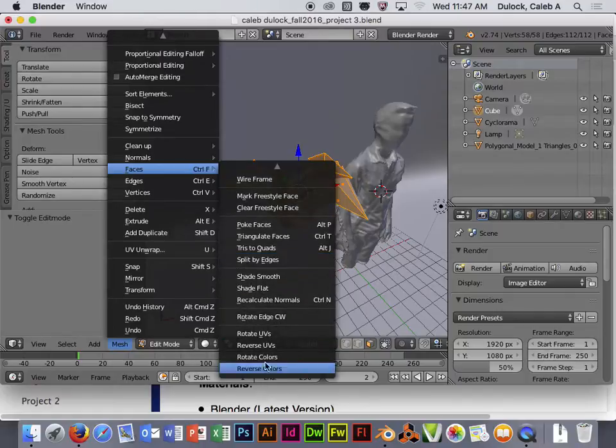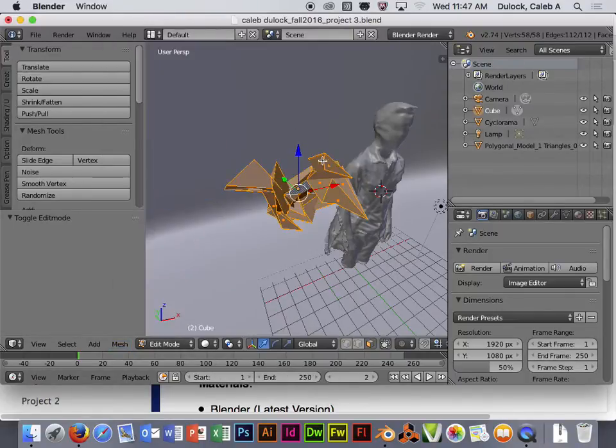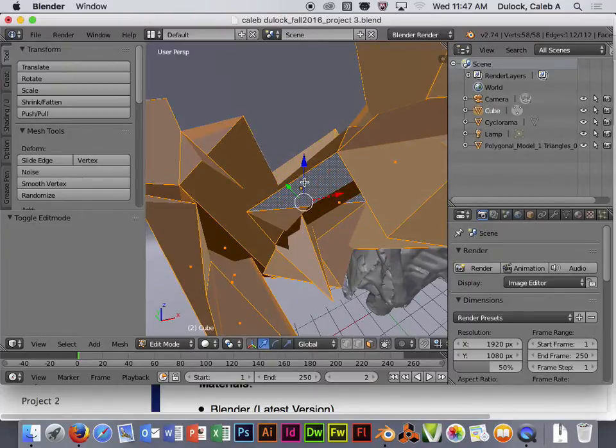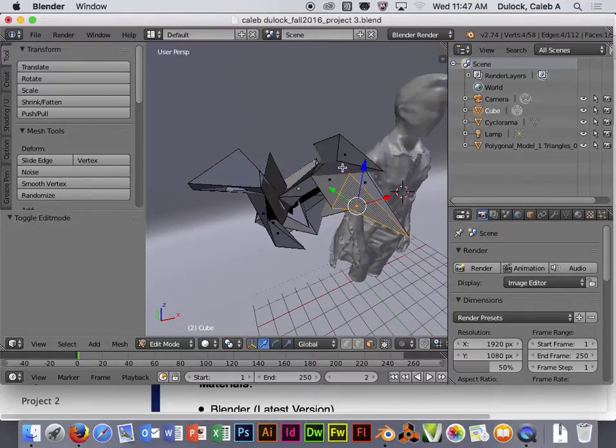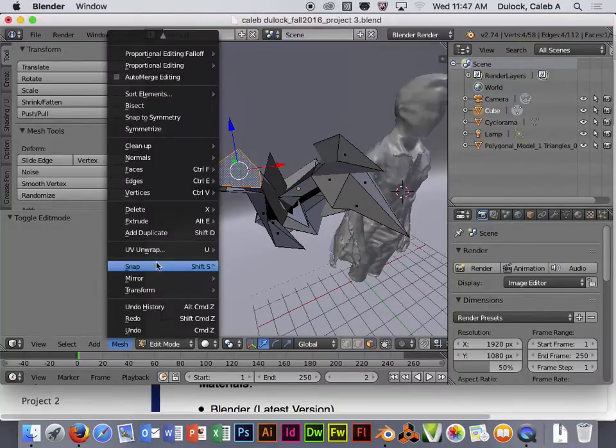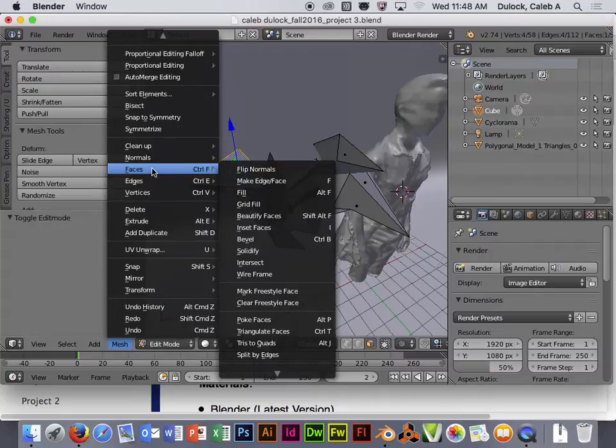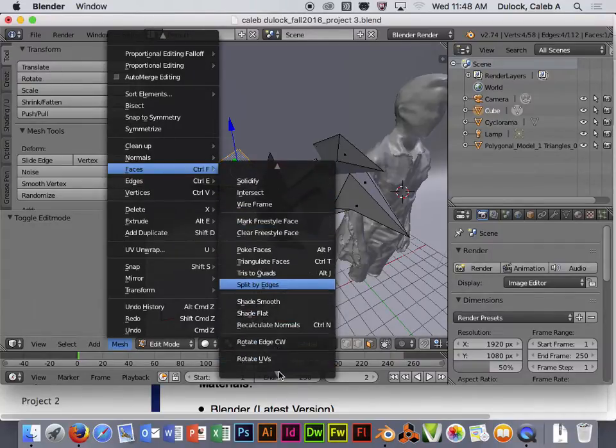So they have lots of different little options that you can play with inside of those. Like if I have a set of faces selected for a model on screen, or if it's just one or two faces or whatever, I can go under that mesh menu, go to faces, and inside here, I can actually